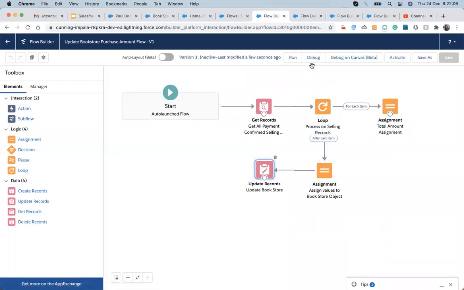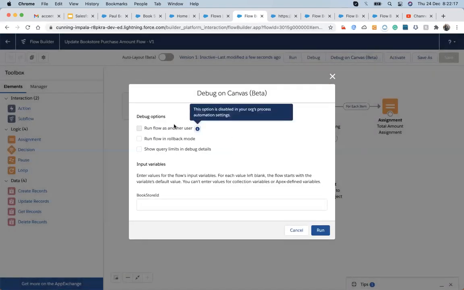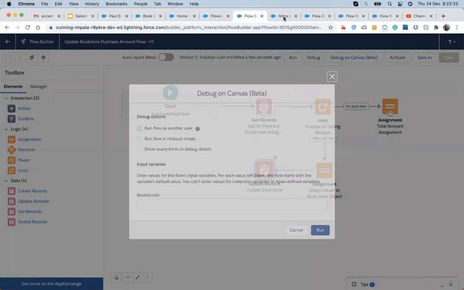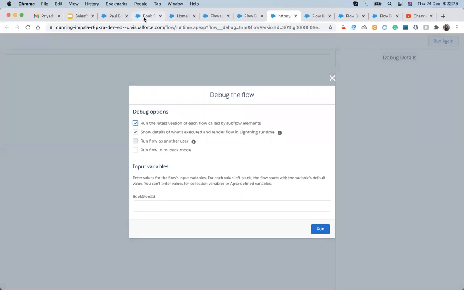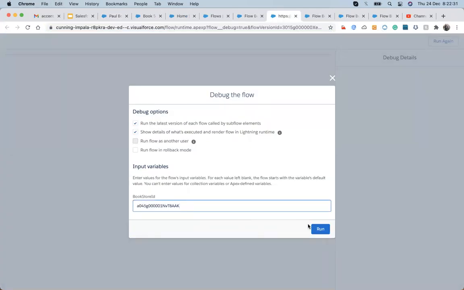Let's do a debug. Debug on the beta. This is a new feature, I haven't seen that. Okay, show query limits and all that. Okay, it's more descriptive. So I come up here, copy the ID, paste it up here and run.